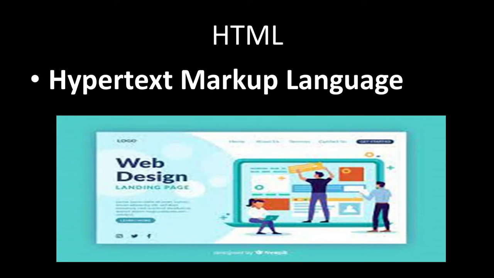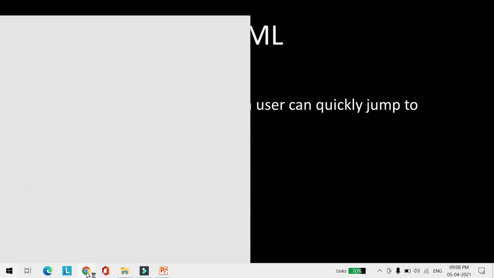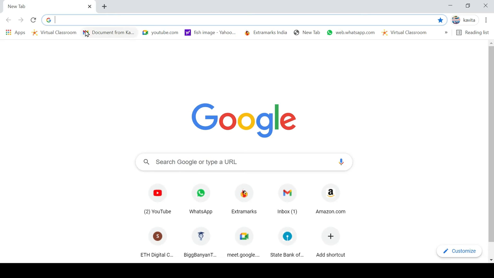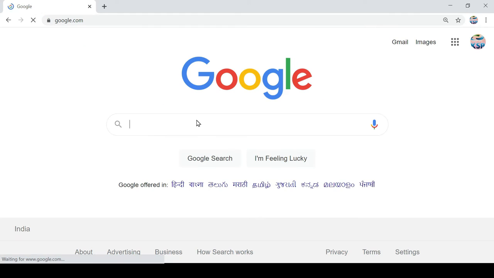HTML is hypertext markup language. Now why is this name given, hypertext and markup language? The hypertext meaning is a link in a hypertext document. A user can quickly jump to different content. Okay, so I will explain with this example. You can see this is Google Chrome, and suppose I want to search some information in this Google search.